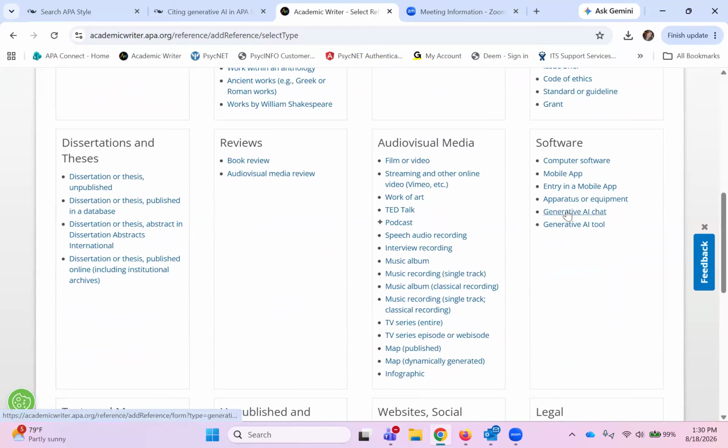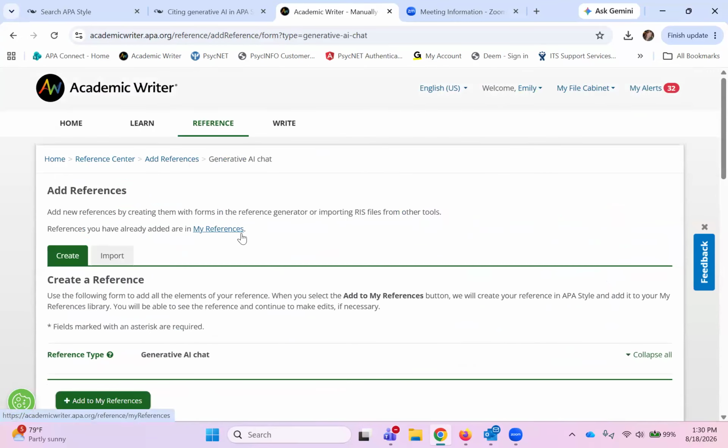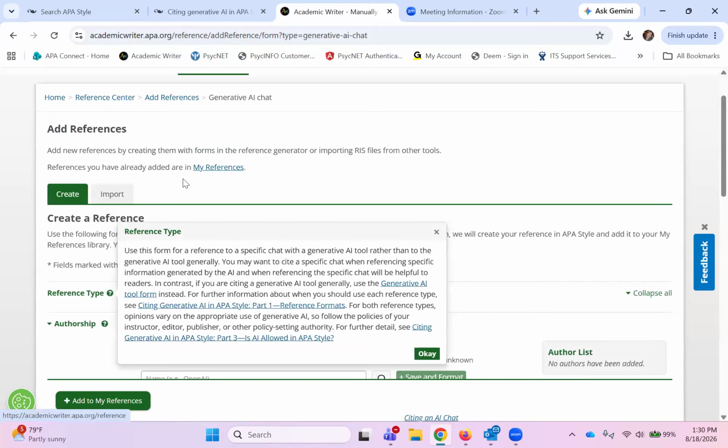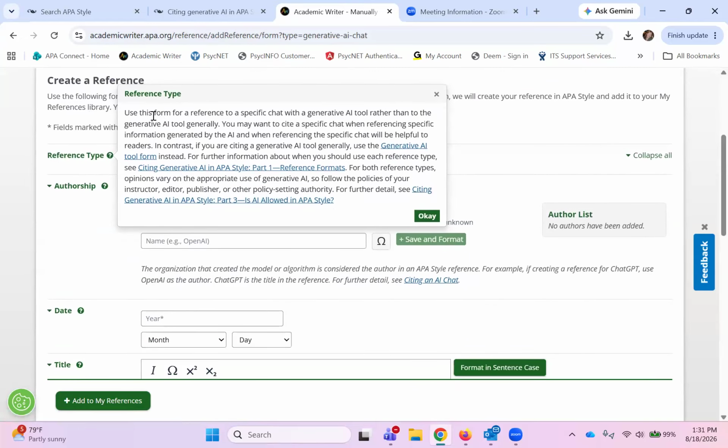So let me open up the generative AI chat here so you can take a look at the full form, because there is some information here that is specific to this type of reference. Specifically over in the question mark. If I open up this question mark here, it's telling me exactly, use this form for a reference to a specific chat with a generative AI tool rather than using it generally. And then it also links here to